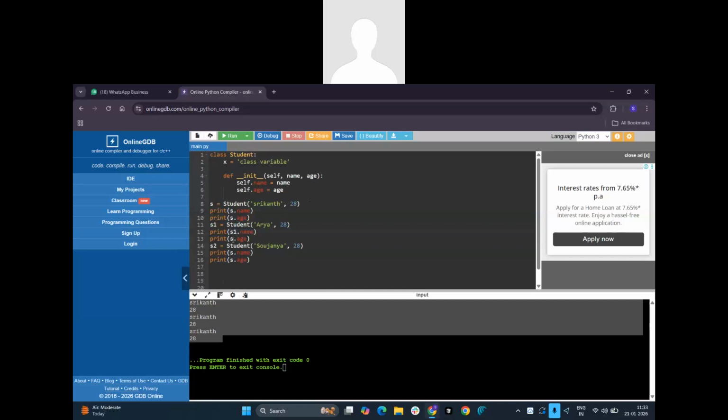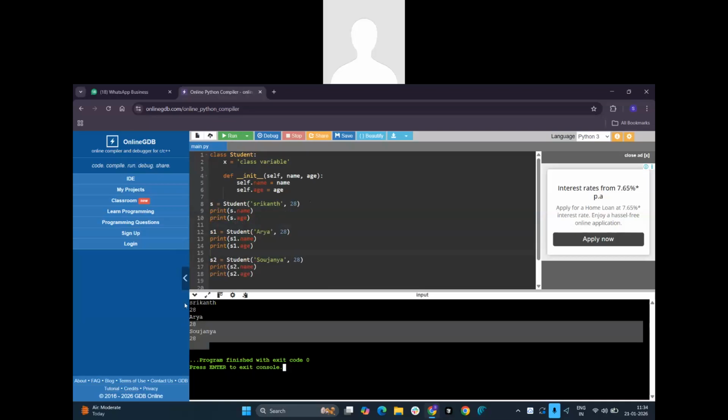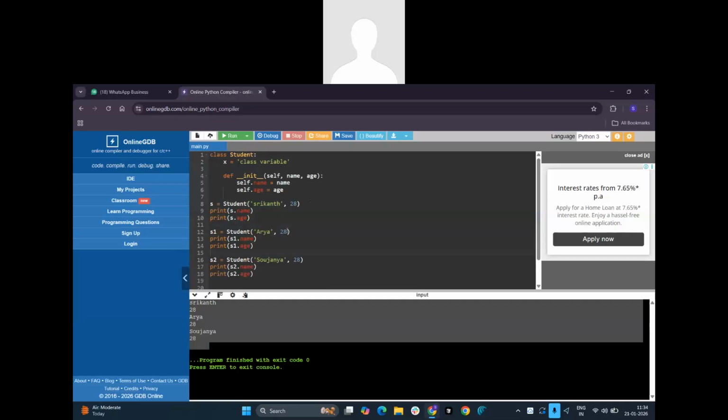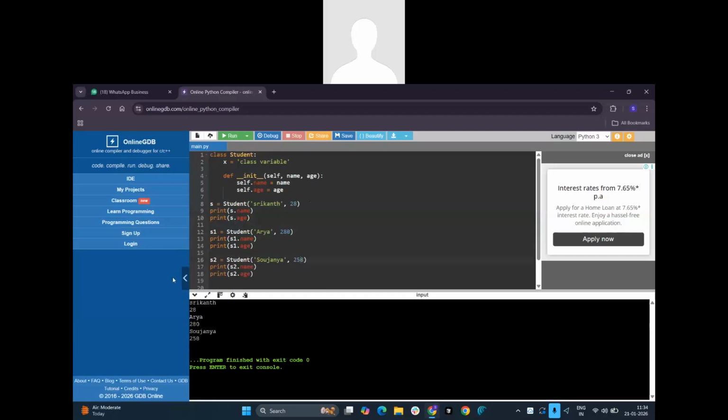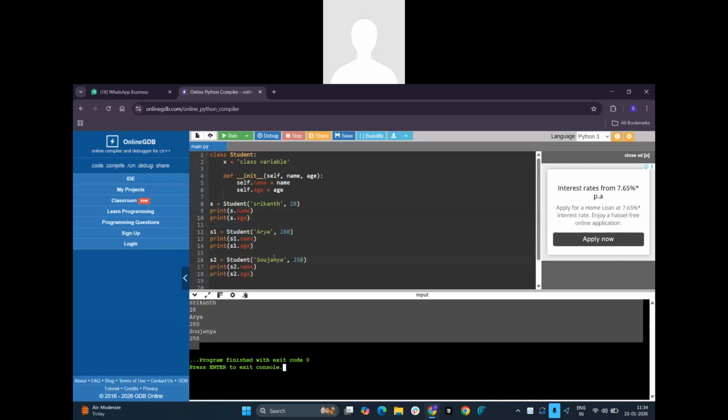S1, S1, S2, S2. So these are different instances and we are going to get different values. Am I right or wrong? Yes. So different instances and different values we are going to get, right? My age is different. I just want to consider this as a different age. Okay, we are getting different instances, but